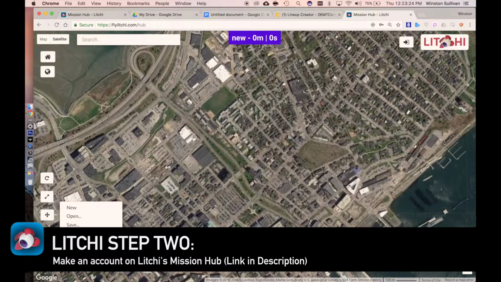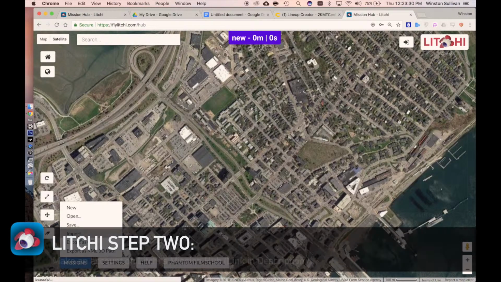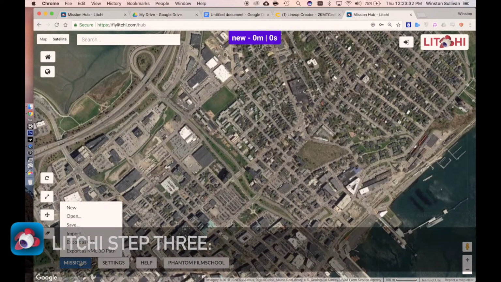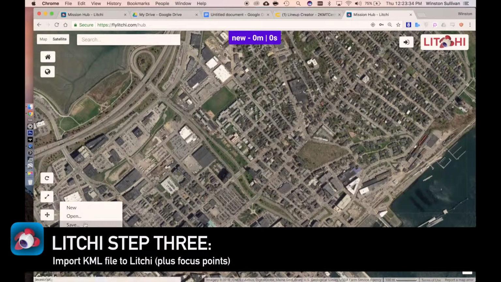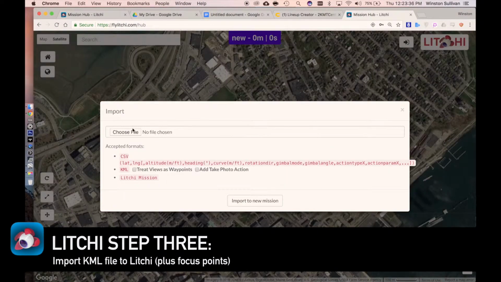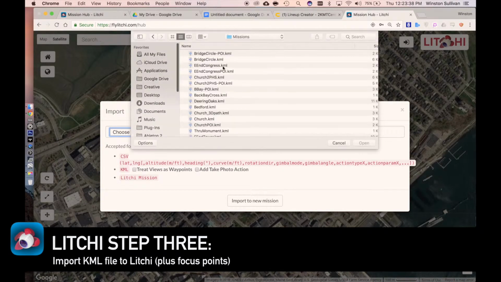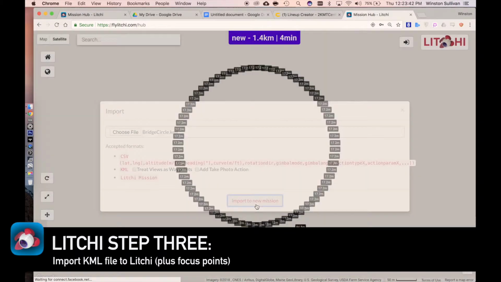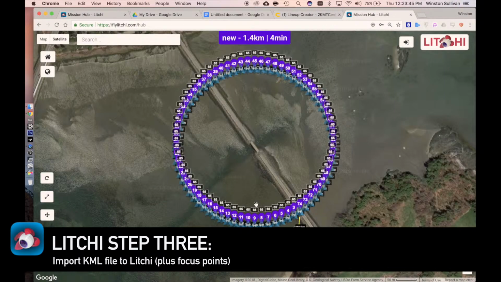But now we need to go in to their online mission hub. Once you've done that, go down to missions here, import, bridge circle, open, import to new mission, and bang, perfect. So one problem, all of these are kind of pointed directly north, and that's not really what